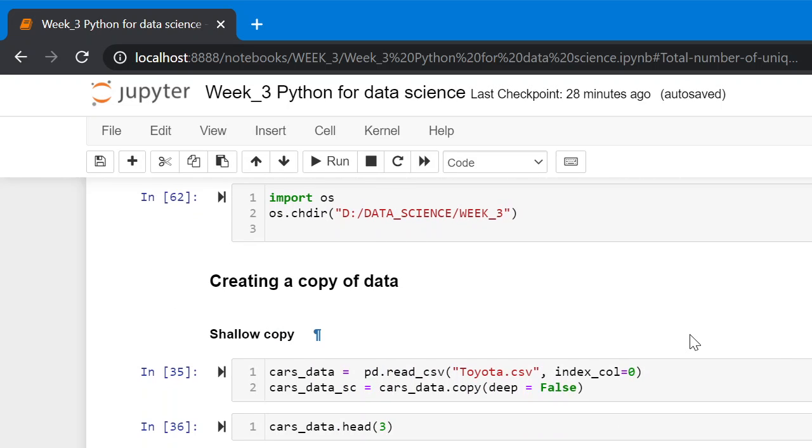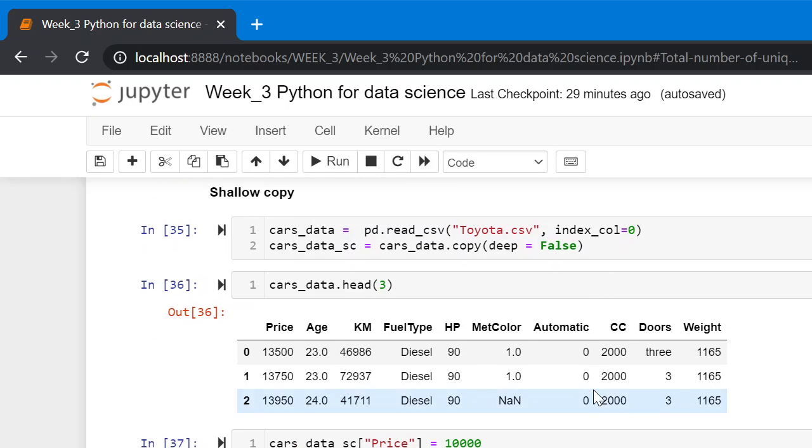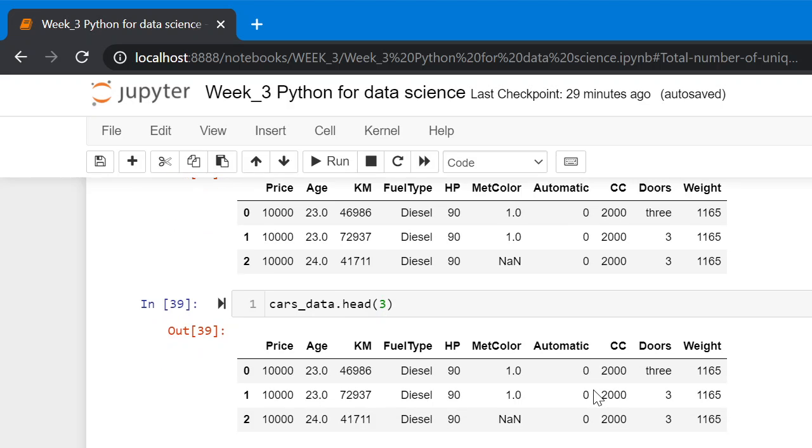Creating a copy of data. There are two ways to create a copy of an object. One is shallow copy and another one is deep copy. To create a shallow copy of an object, we can use the copy method with the argument deep equal to false. To create a deep copy of an object, we can use the copy method with deep equal to true.